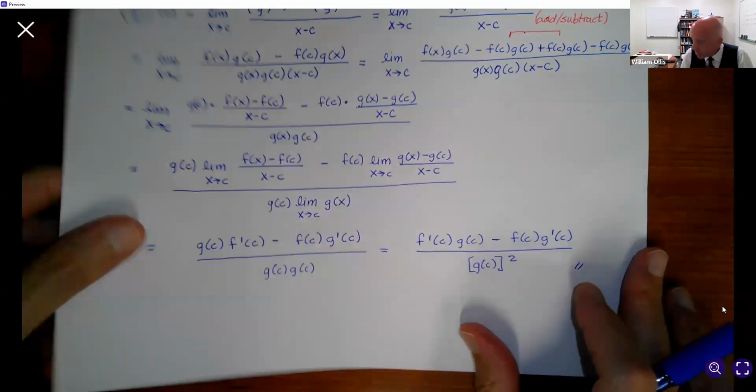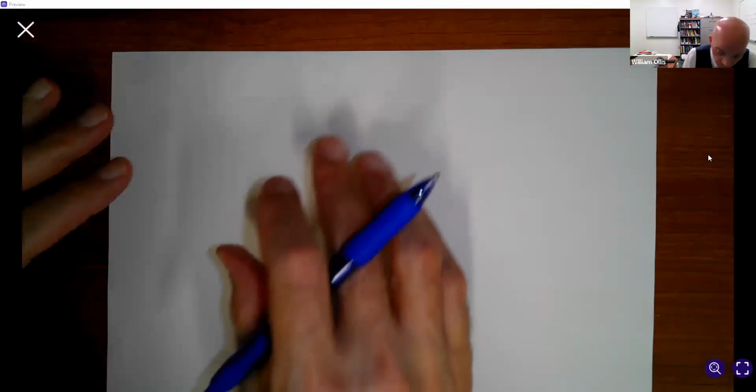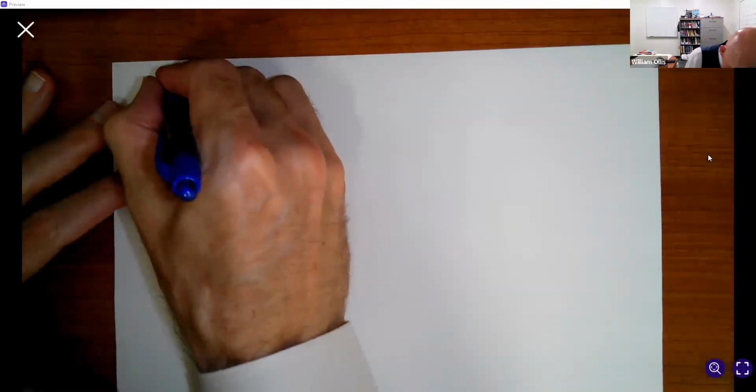So let's look at how we can apply some of the results that we've just talked about. So one thing that we at least want to state are the derivatives of the remaining trig functions. That is, if we have the derivative of sine and cosine, how can we use the new theorems to get the derivative of the remaining four? And since they're basically quotients and we don't have a composition theorem yet, we can use the quotient rule. So for instance, we want to recall,